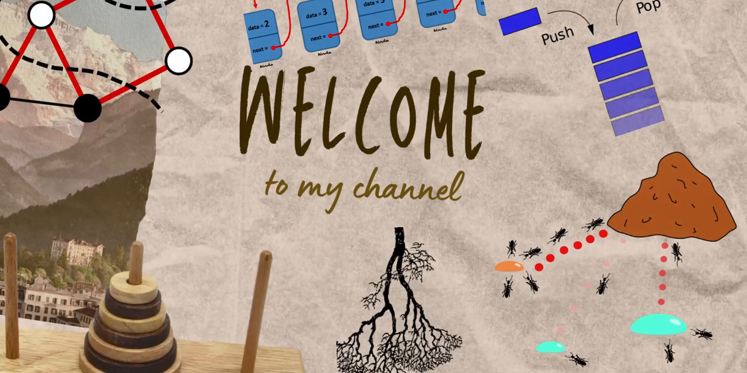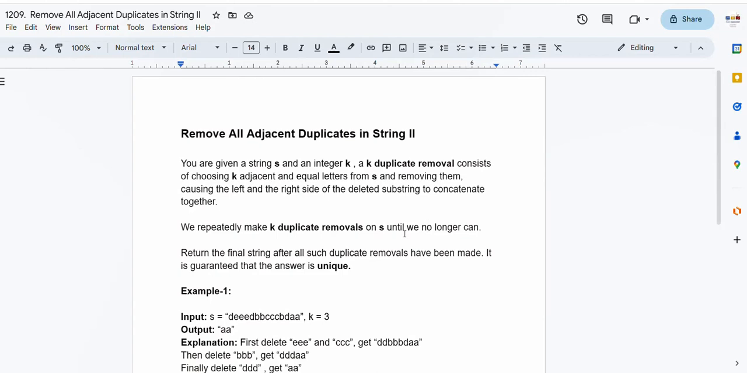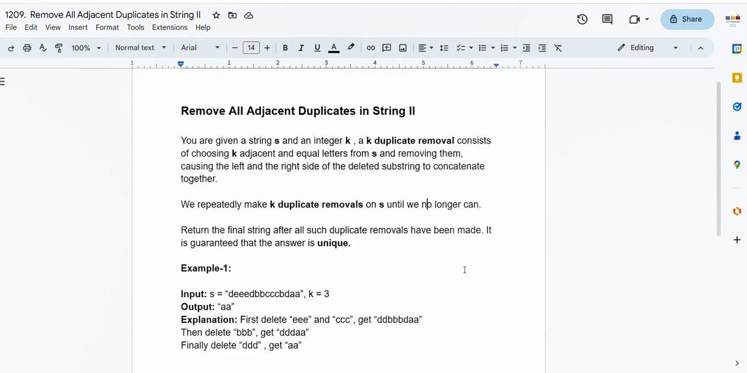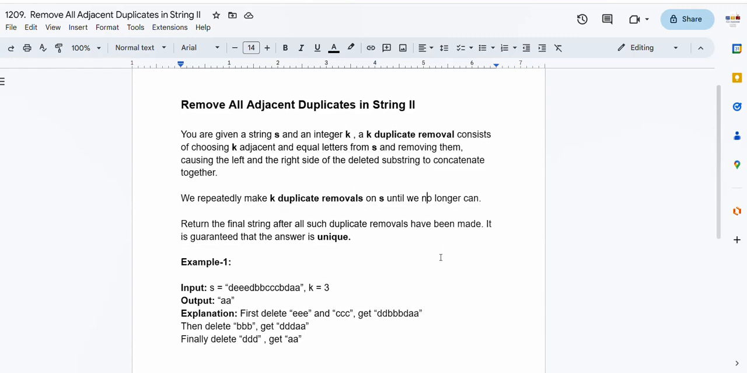In this video lecture, we'll be solving this problem: remove all adjacent duplicates in a string 2. It is a Leetcode medium problem. In this problem, you're given a string s and an integer k. A k duplicate removal consists of choosing k adjacent equal letters from the given string s, and we remove them,